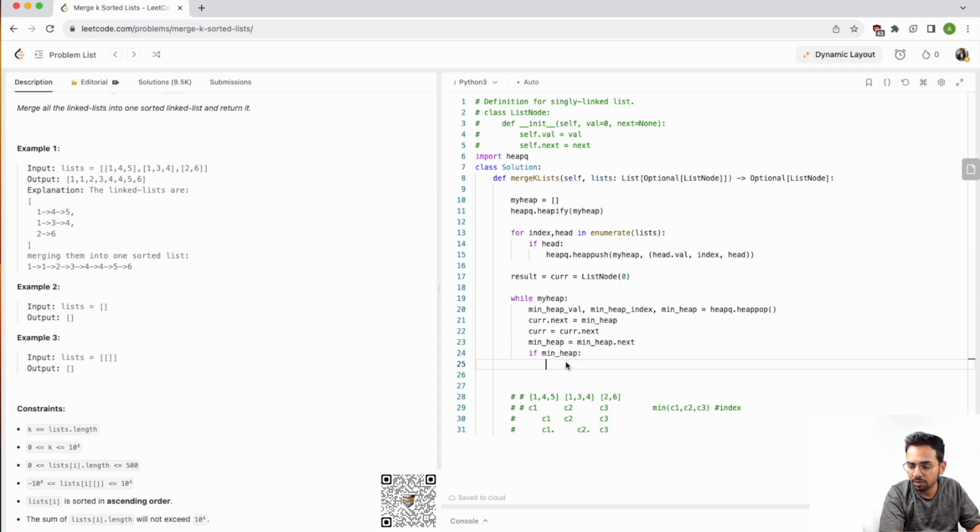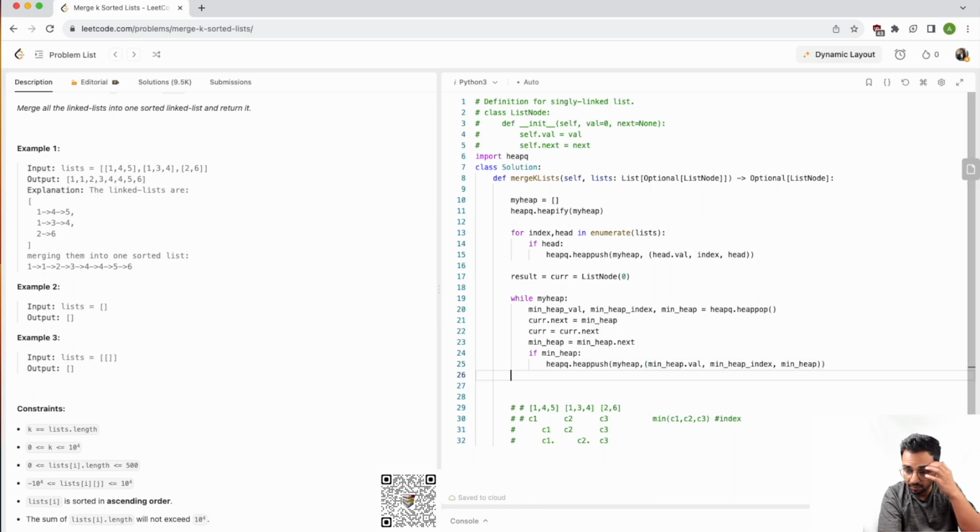So that's what I was trying to do. Just heapq.heappush, my heap, and it would be min heap node.val, the index would be the same, sorry, it would be min heap index, and that would be min heap node. And at the end you would return